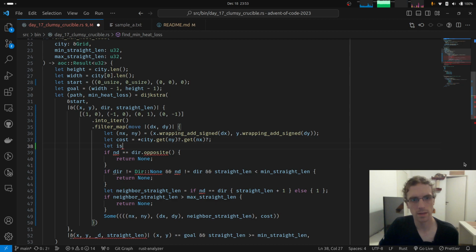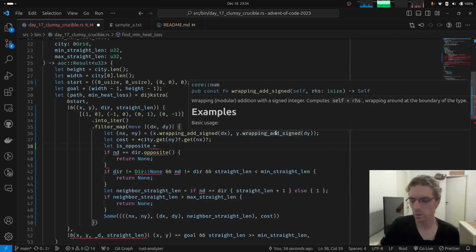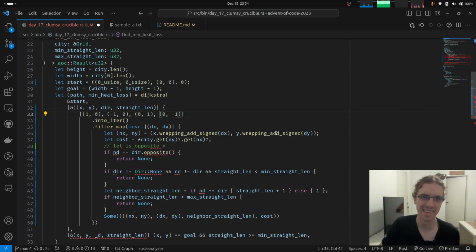Let's say let is opposite. Let's write it down. I want to destructure this and put a better name, but I already have taken dx and dy here, which might not be the best names. But I can only think of worse names.